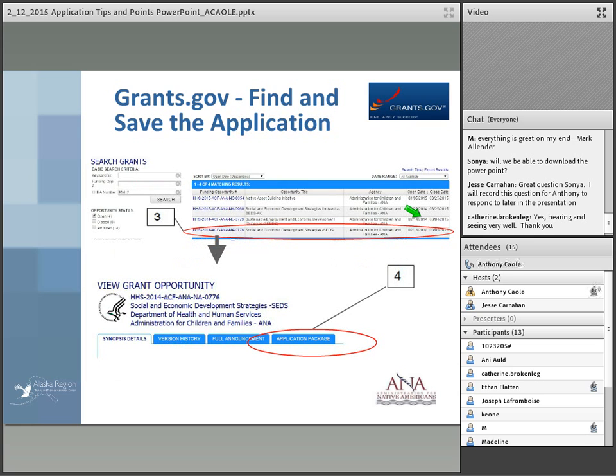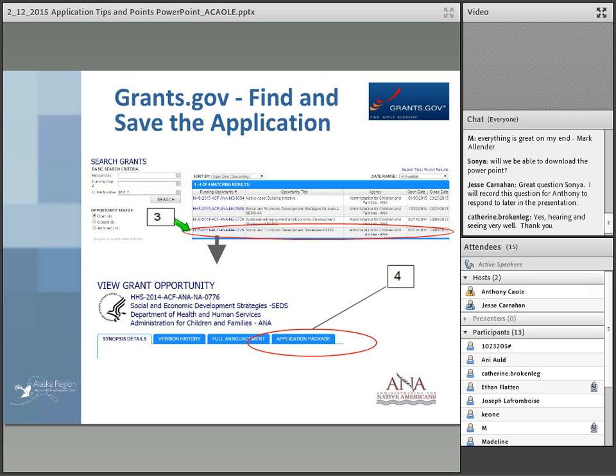Okay, so once you do that search, step three is to identify the actual program that you're going to apply for. You want to be very careful here that you select the specific funding opportunity announcement that you're applying under. Like I said, when we punched in 93.612, we're just using this as an example. It pulls up 4 different SEDS programs that you could potentially apply for. So if we look at the National SEDS, which is due March 4th,